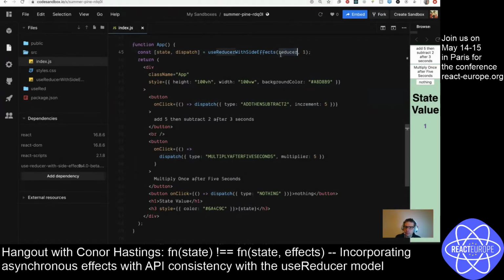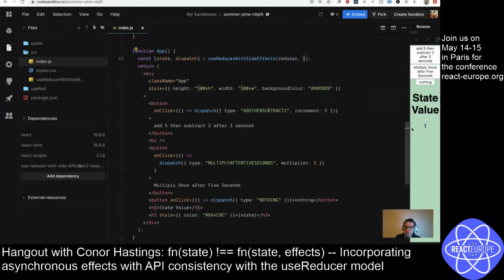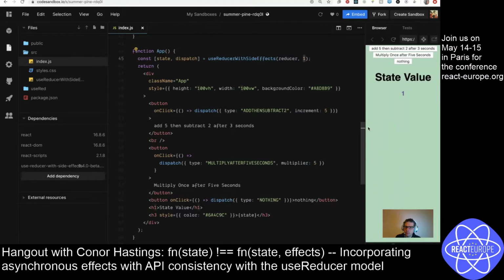I'm passing a reducer, and I'm passing in an initial state value of just the number 1. And then I have a few buttons, which you see over here. Add 5, and then subtract 2 after 3 seconds. So take the value of the state, add 5, then after 3 seconds,